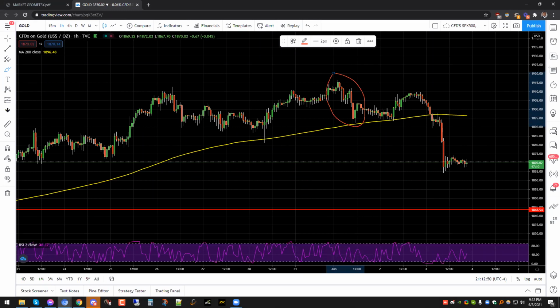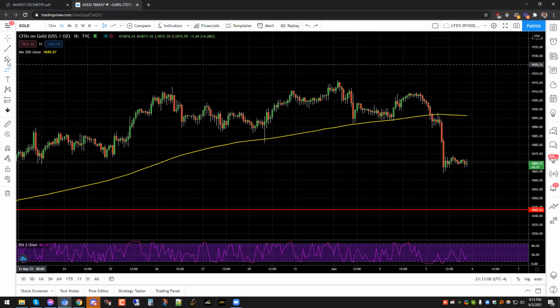Kimberly says ABC as well. Okay, so let's go with ABC, right? So I would consider this pattern to be an ABC pattern. So you guys are correct. And why would I call it an ABC pattern? I would call it an ABC pattern simply because